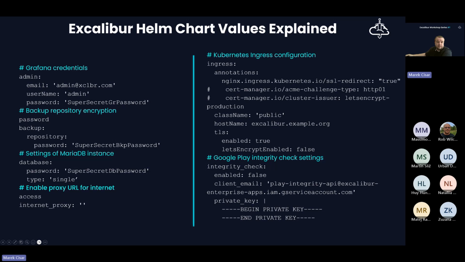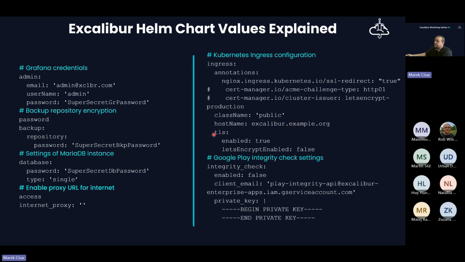I will turn on my laser pointer so you can better see what I'm talking about. Okay, hostname is the FQDN of your Excalibur application or the instance of it. So you need to configure this as well. TLS.